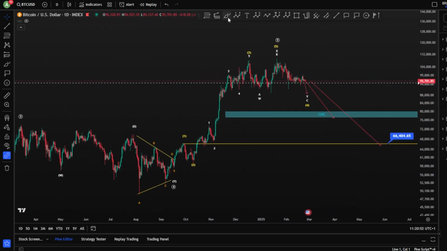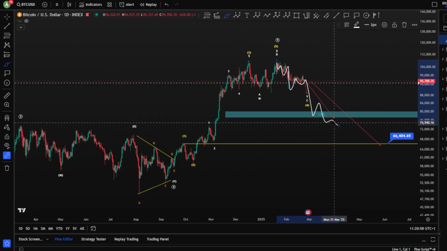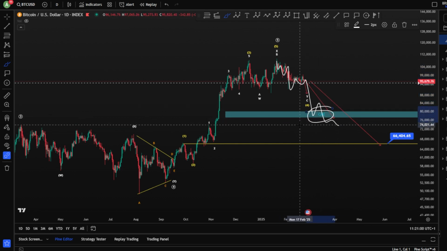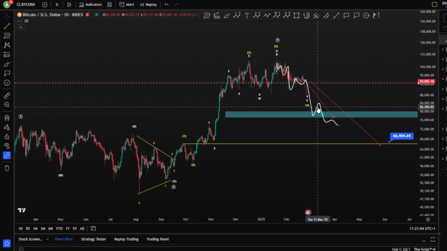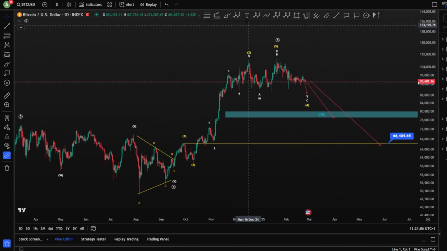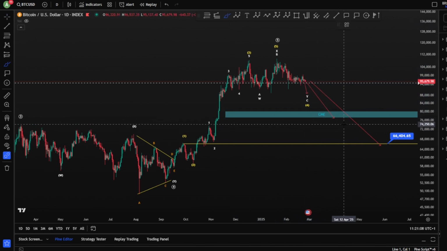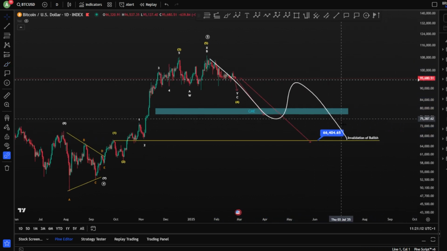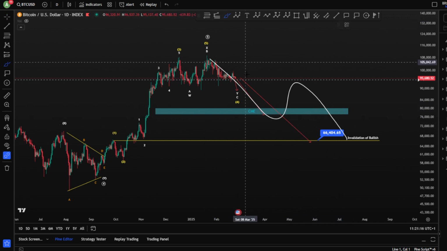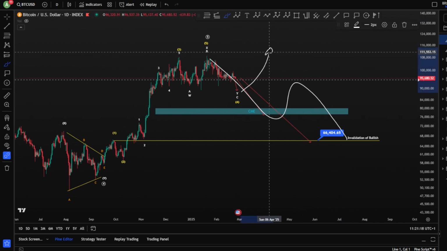And now you're looking at a triple 1, 2s toward the downside, where you would like to hit lower prices, hitting the CME gap, with several 4, 5, 4, 5 for a bearish market, and then start to move for higher prices, probably having an A, B, and a C as a 3-wave corrective, and invalidation of the bullish scenario in case we have one more wave 4 here as expected before.